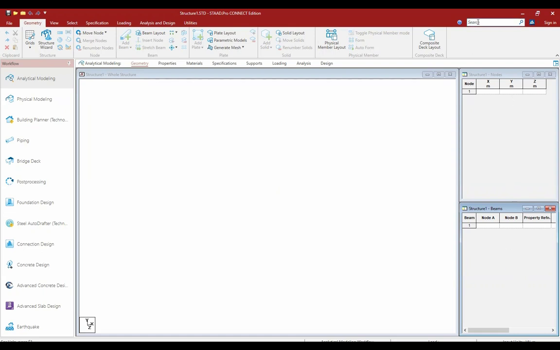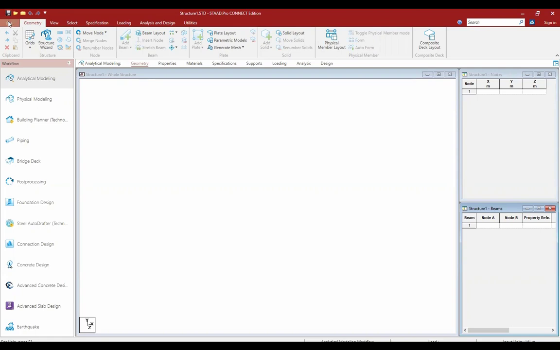Here we call it the tool search. Whatever we would like to search, if we have any doubts, we can search and we can be redirected to the help menu. If you see, when I click on the cursor, the help content is coming. So if you click that, you will be redirected to the help menu.